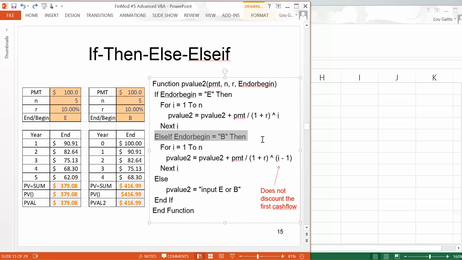However, if the user puts a B in, so else if end or begin is equal to B, then there's a different calculation. So if the user were to put a B in, what we need to do is take the present value of cash flows where the first one is received today. So p-value 2 equals p-value 2 plus 100 over 1 plus r, and here's the whole trick, over to the I minus 1 power. So it sets I equal to 1 for the first loop